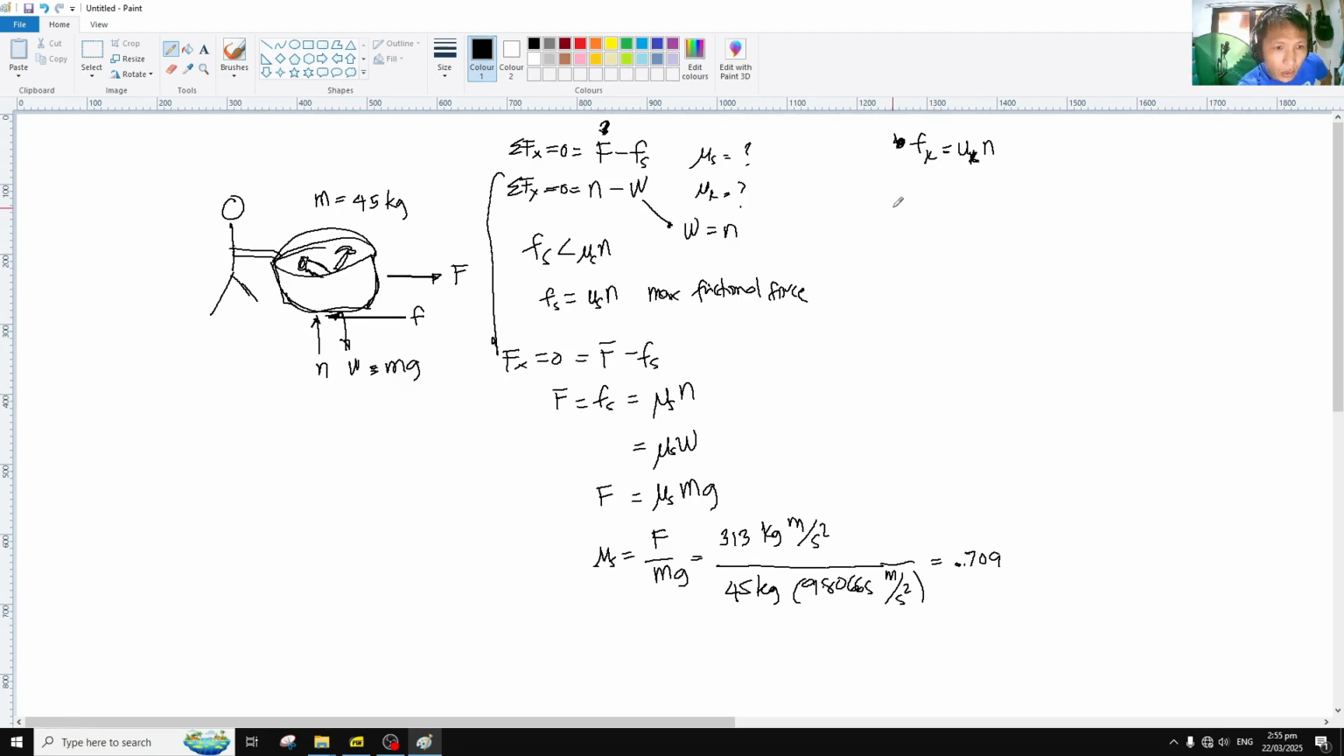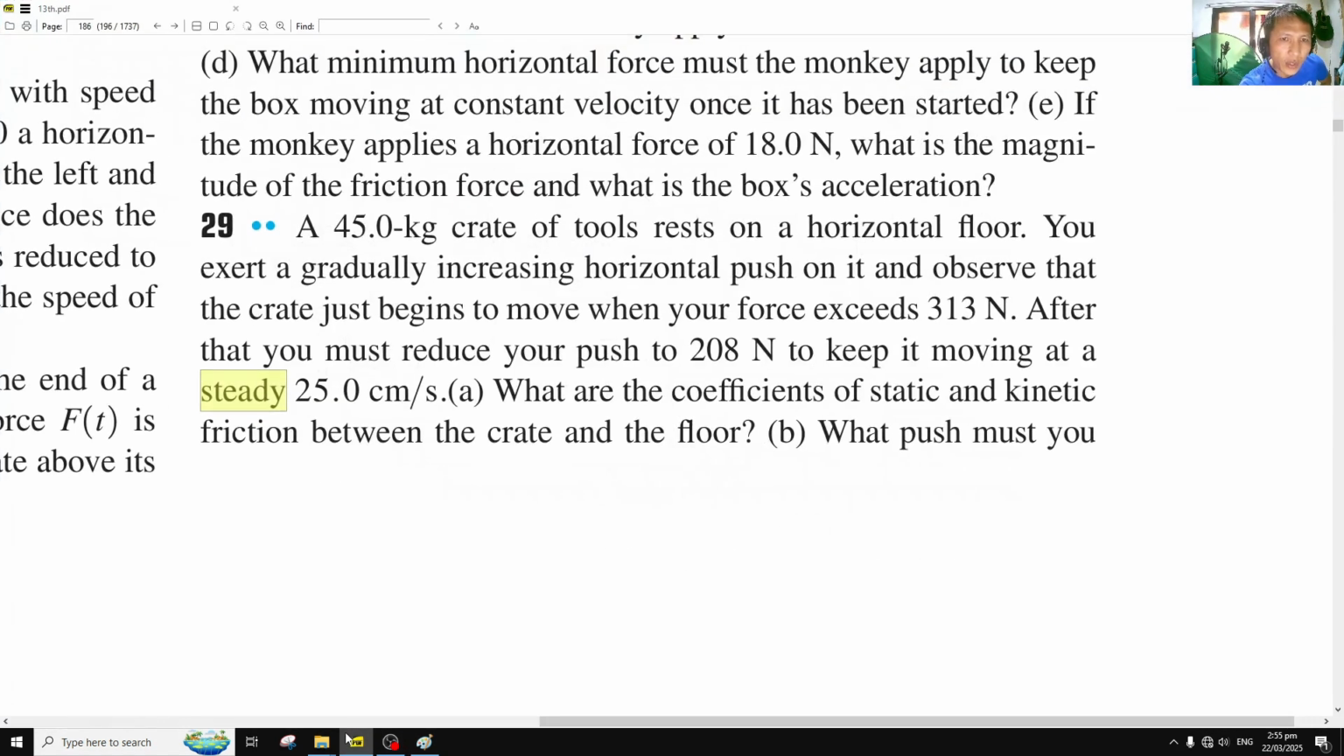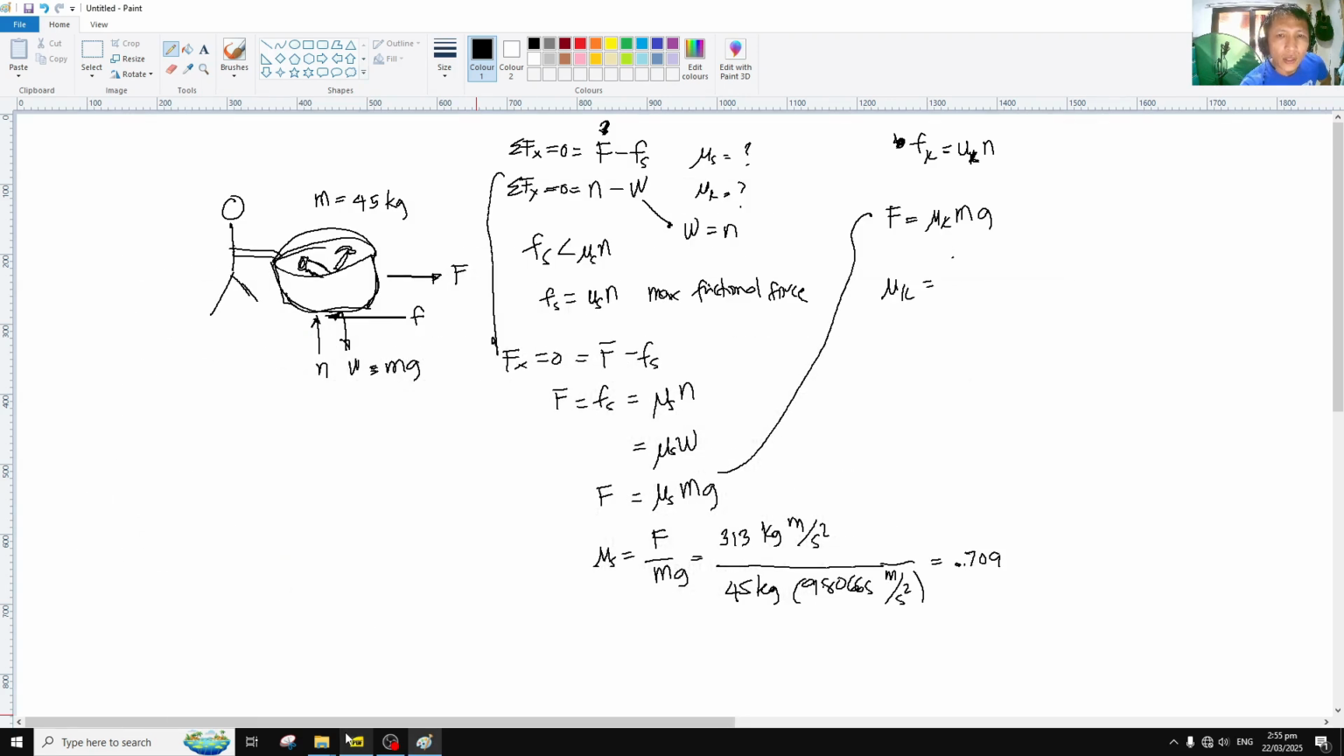Anyway, the same equation applies. Your F, diretso na, still be the same. Same summations of forces. Your F is equal to mu k mg. And then your mu k would be equal to, of course, that is the smaller force that you need. That is 208 Newton. That is kilogram meters per second squared